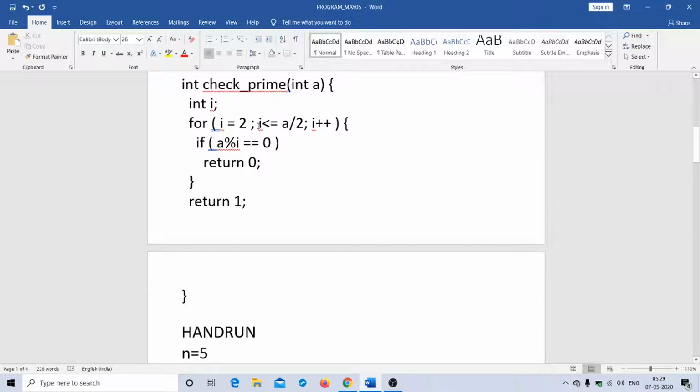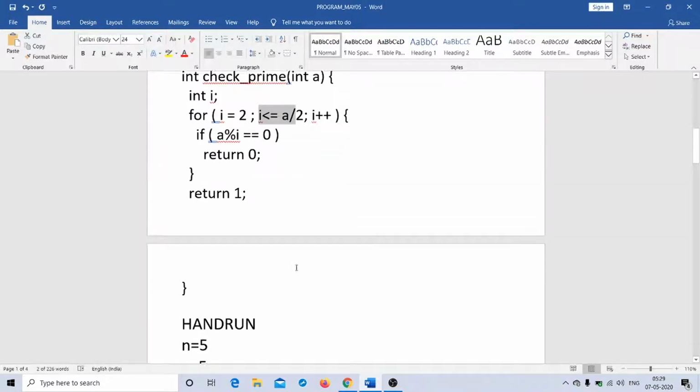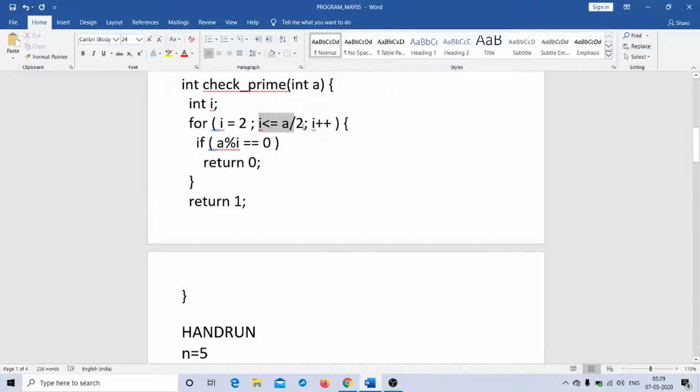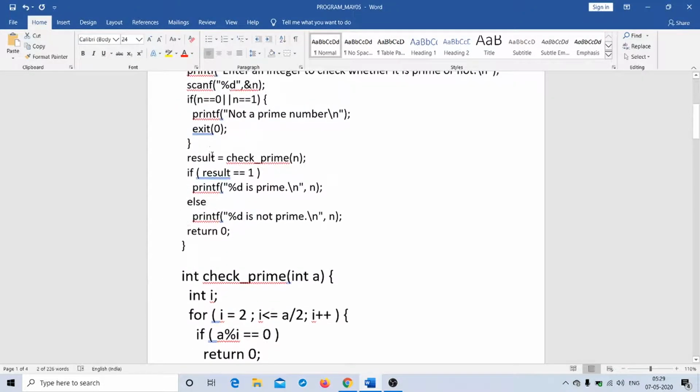And then it comes to the test condition, right? Now this is up to 2. So 3 less than or equal to 2, condition is false, and hence the control comes out of the for loop and it will return 1, right? This one will go and be stored in this particular line in place of this one. Watch out carefully. It will be stored here because this is the place where you have called the function.